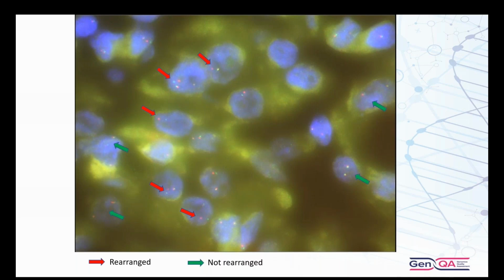And the same with the fusions there. You can quite clearly see that they're intact fusions, easy to score those, can be confident that they're normal. But then you've got these cells here that, are they rearranged? Are they not rearranged? And I think you would not be able to clearly score some of those as being